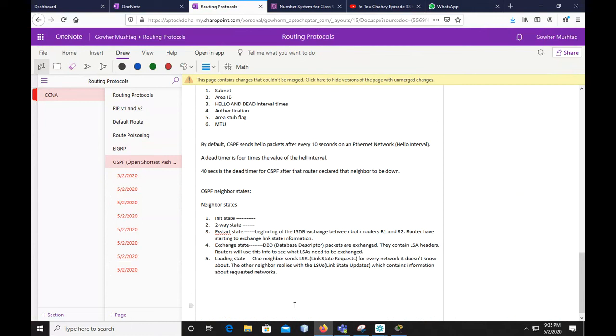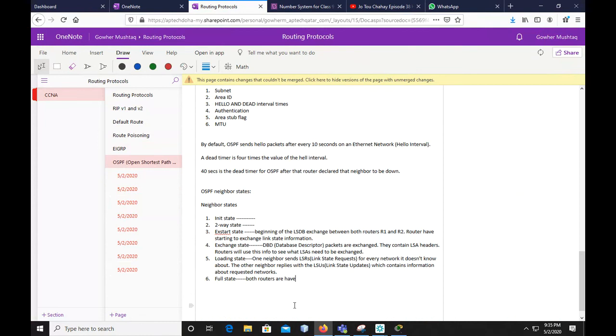So after all the requested information has been received, the other neighbors go through the same process, and at the sixth time we have another state called the full state. Both routers have a synchronized database and are fully adjacent with each other. So in the full state, all the routers, or you can say we're using only two, so both routers